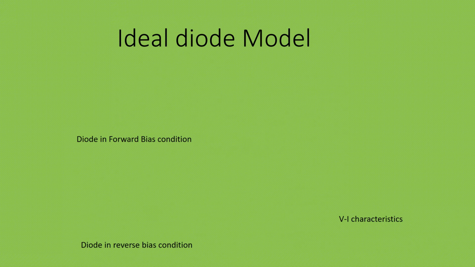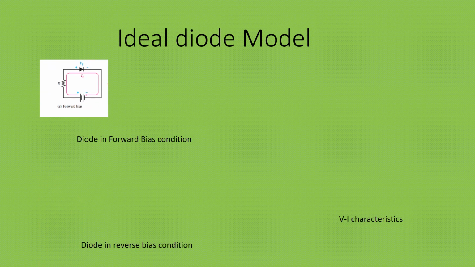Ideal diode. This is how a network is represented ideally in the forward bias condition. This is a diode, fine. We are applying a biasing voltage or forward bias voltage. This is a limiting resistor. The flow of the current is naturally from the positive to the negative terminal, that is from anode to cathode, because it has to be forward biased. This is the network representation of this. Both are the same.